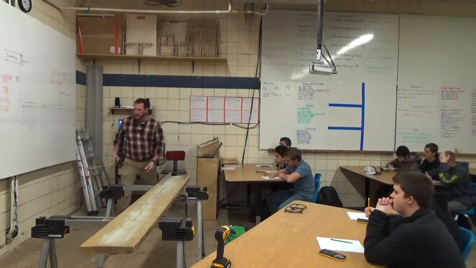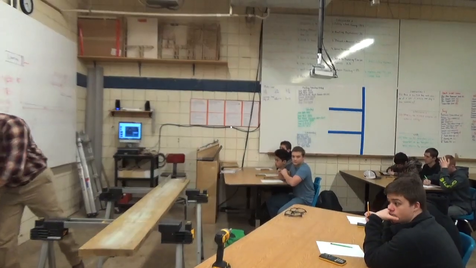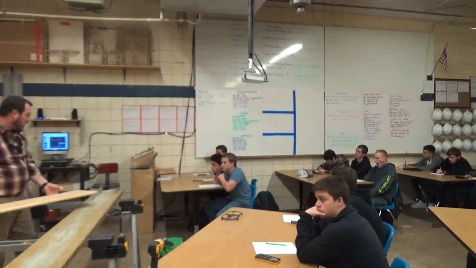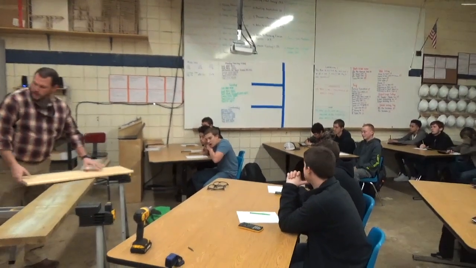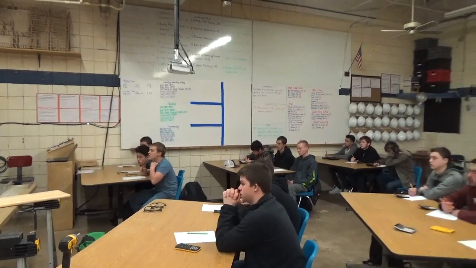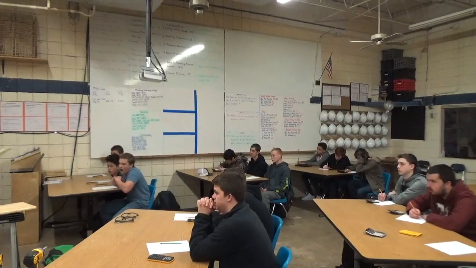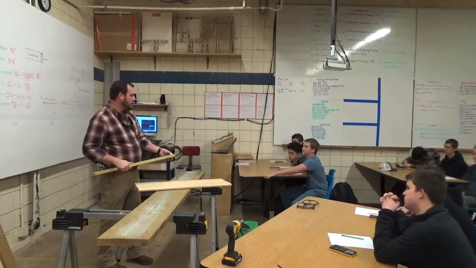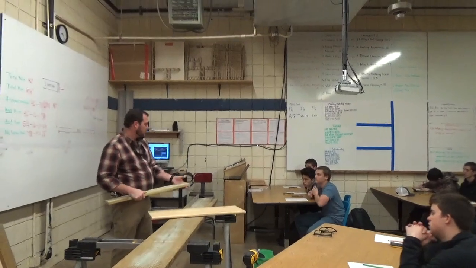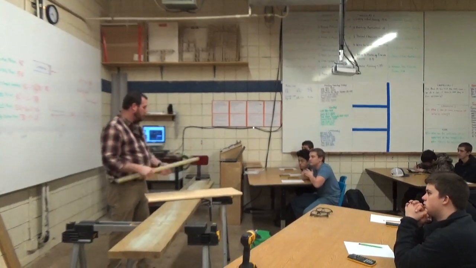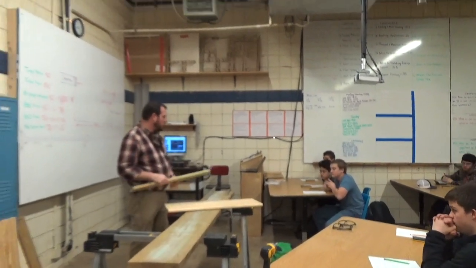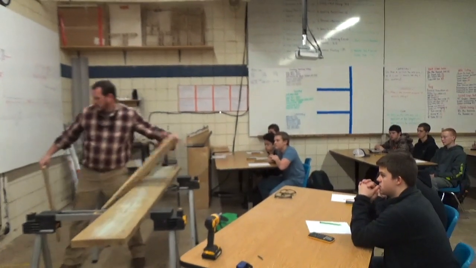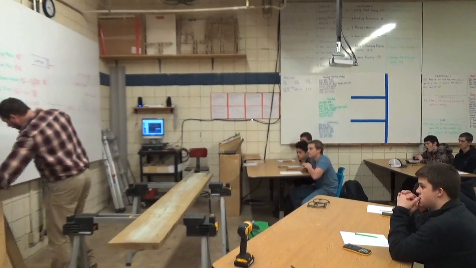Quick review, not review, sorry. Tread thickness. Are you always going to have a 1 inch tread thickness? Not always. Depending on what you use for the tread. If you're outside, you're probably going to be using deck boards. Crazy enough, deck boards are how thick? They're actually 1 inch thick. 5/4 decking board nominally is 5/4, which is 1 1/4 inch, but they plane it down to 1 inch. But you don't always have a 1 inch thick